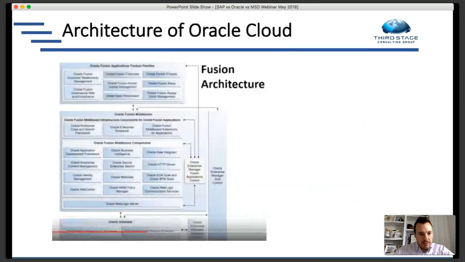And then when you look at the architecture of Oracle Cloud, you can see at the top you have a number of different modules, or product families is what Oracle calls it. So you've got the financials, the human capital management, the procurement, projects, et cetera. You have all these different product families and modules. And then you've got the middleware, which is a pretty robust, Fusion is a pretty robust and pretty flexible set of tools that can be used to tie together the different product families within Oracle, or tying together the third-party applications that you might need or want to add to your solution here.